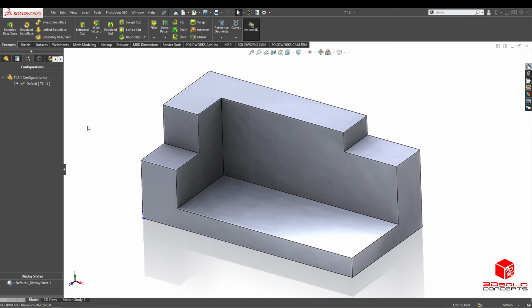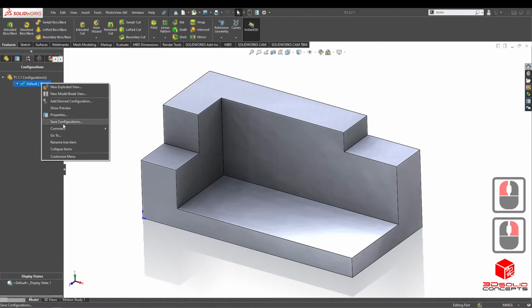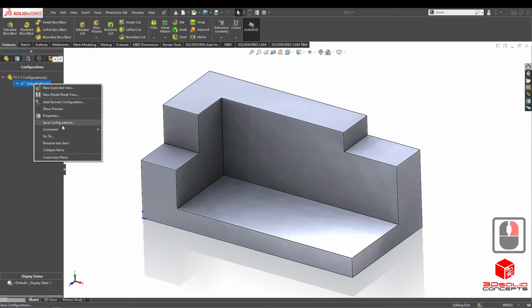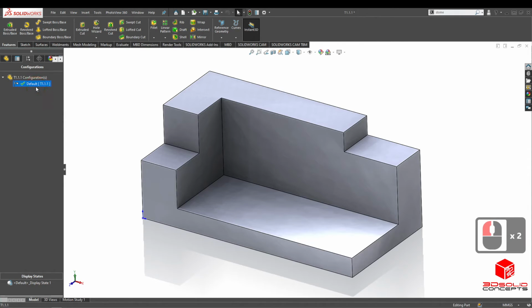When you create a new part, it'll always be set to default unless you change your template. And what we're going to do here is change this configuration and rename it. We're going to right click and rename this. We're going to double click it, and then we're going to name it as